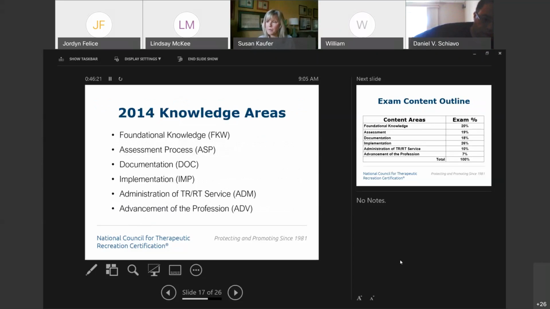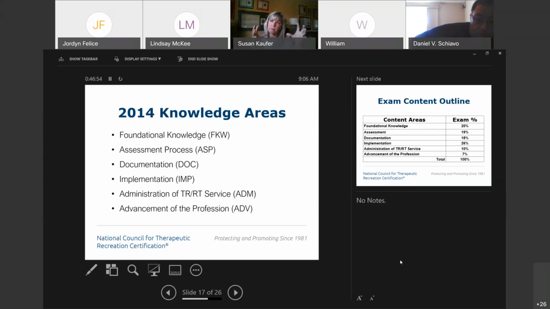We talk also about the knowledge areas and how those are important. You're going to find out in the forthcoming slides how these knowledge areas relate to both the CTRS certificant and the new applicant who might be completing the NCTRC exam. The knowledge areas, as you see, have been defined by the field as necessary to perform that competence.